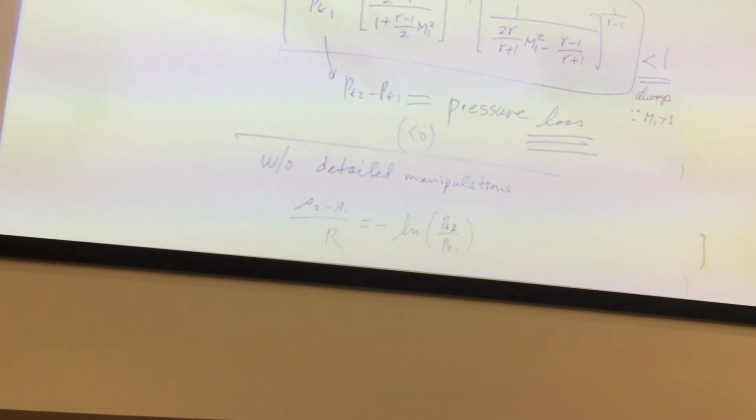Probably a dumb question, but P2 over P1 will increase, but PT2 over PT1 will decrease. Exactly. So this is the part that is kind of tricky. Across the shock wave, PT2 over PT1 actually becomes less than 1, but P2 over P1 becomes more than 1. You say, well, how can that be? Now remember,